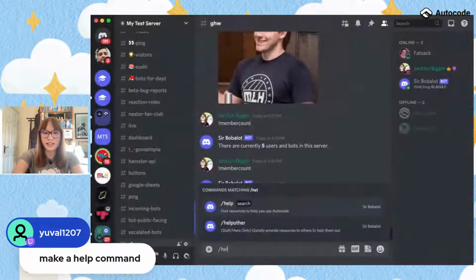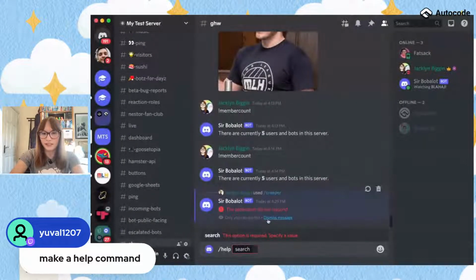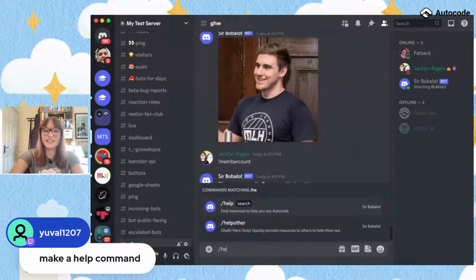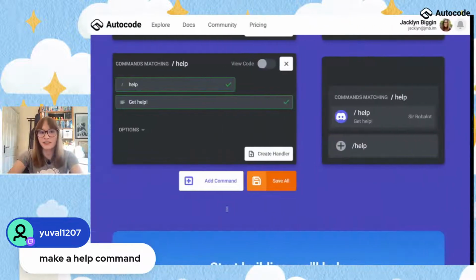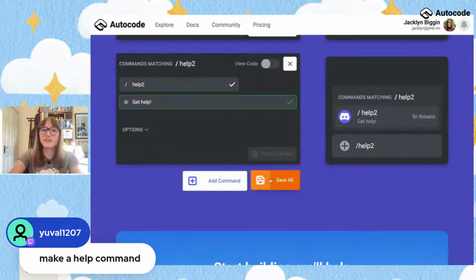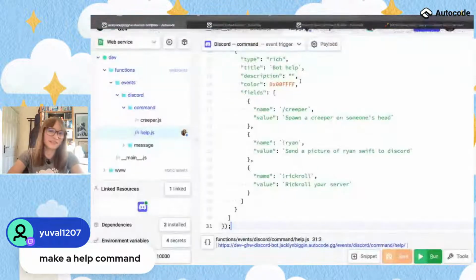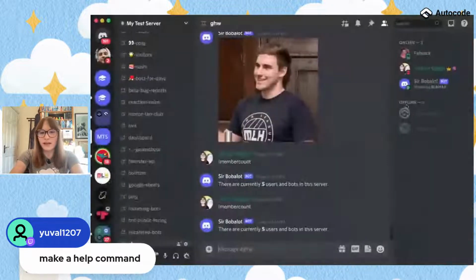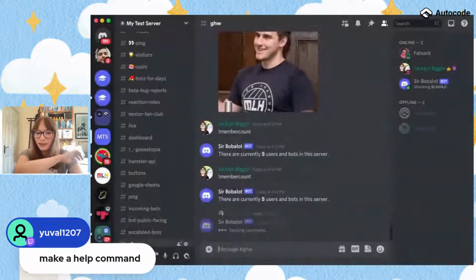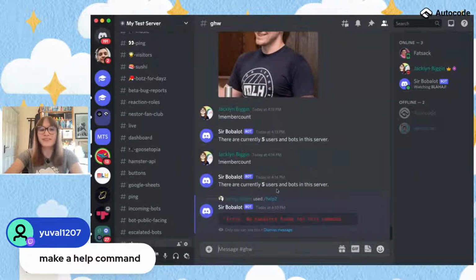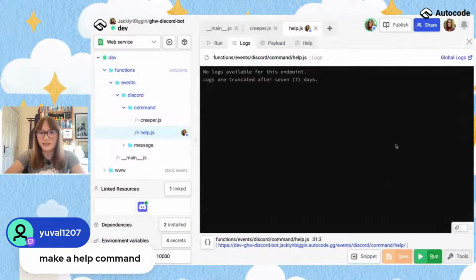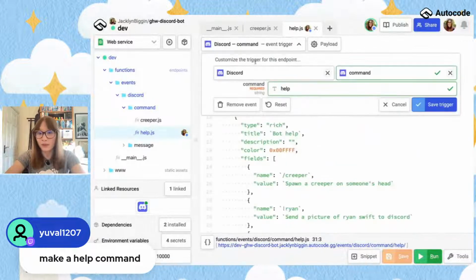So if I use /help, hopefully we're going to see... Oh, hang on. /help is another command I've already built, because we've already got a help command on this server for other stuff. But you wouldn't have a problem, your test server isn't just for that. So if I do /help2, there we go, get help. It's going to send us a nice little message, hopefully. Oh, no handlers found. Super easy mistake for me to make. I need to do something a little bit different. Let me just fix that real quick.